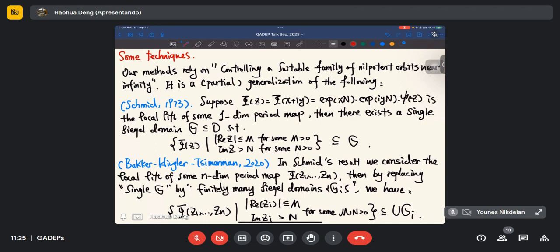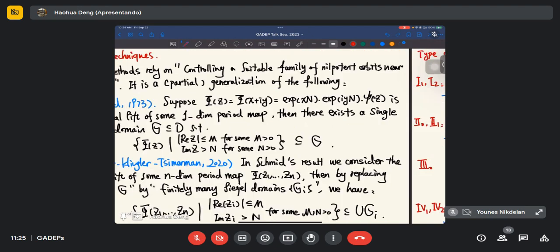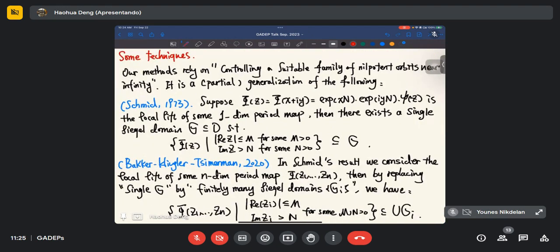So we proved that we can use finitely many Siegel domains to control not only a single period map, or in particular a nilpotent orbit, but instead a family of nilpotent orbits varying even in non-horizontal directions. So this is the method to be used, but I'm not able to show a precise statement because that statement took like 20 pages to prove. But anyway,